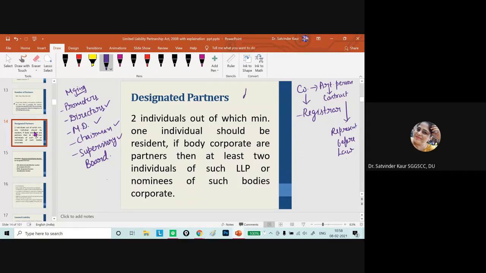But when we talk about the LLP, out of all the partners, minimum two partners should be designated partners. Designated partner means, out of all the partners, those who will be held responsible for meeting all the legal requirements,